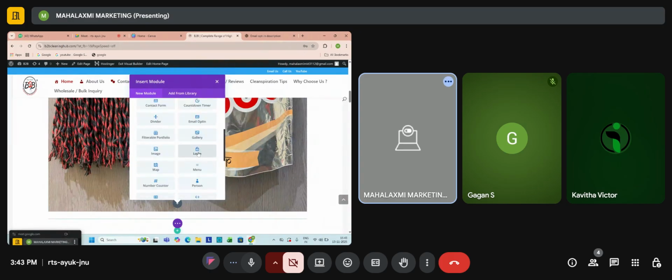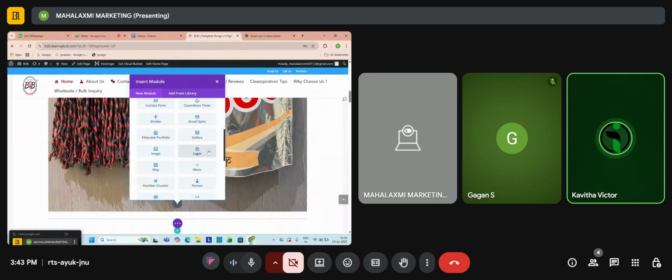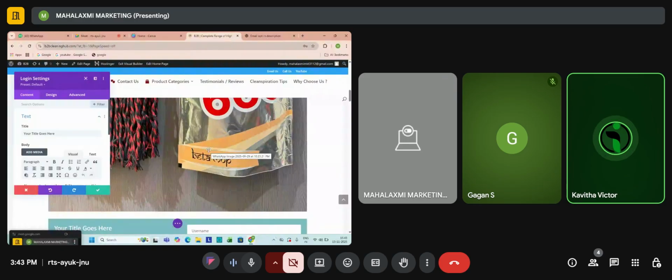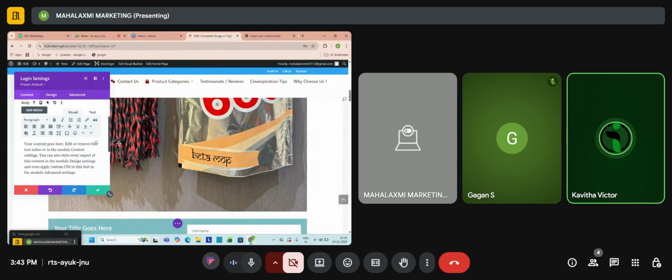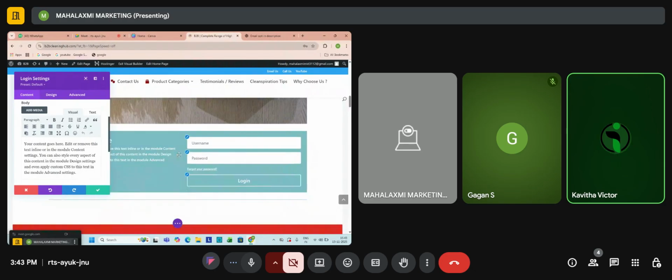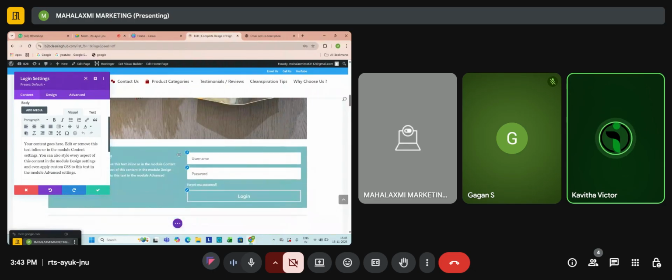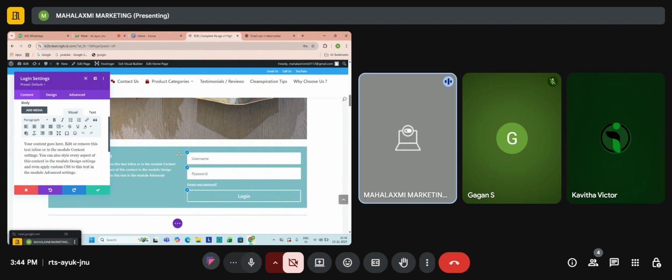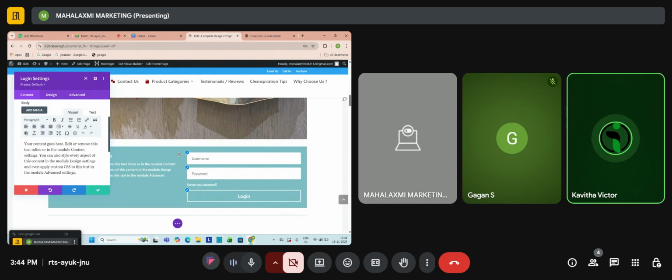Login. What is that? Okay, what is login? Click on that. So login is nothing but the login to your website. Scroll down, you have that on the bottom. When a user wants to log into your e-commerce website, for example Amazon, what will you do? I'll put ID and password, your username and password. Similarly, for people to enter your e-commerce website, you need a username and password, correct? So for that, you can use this as a login.